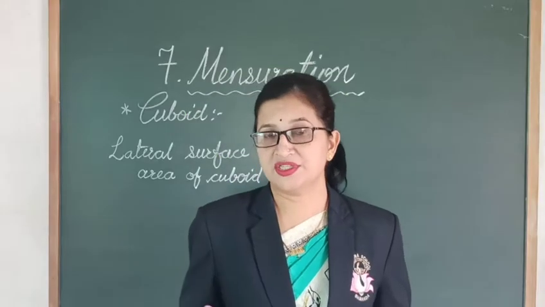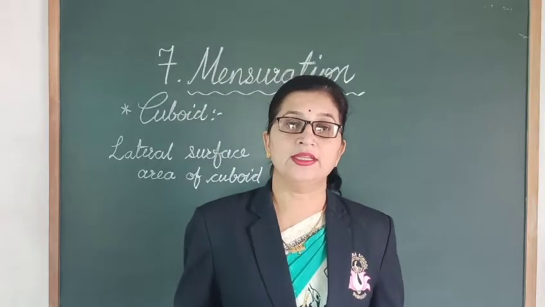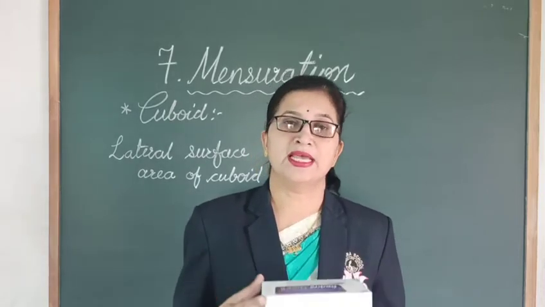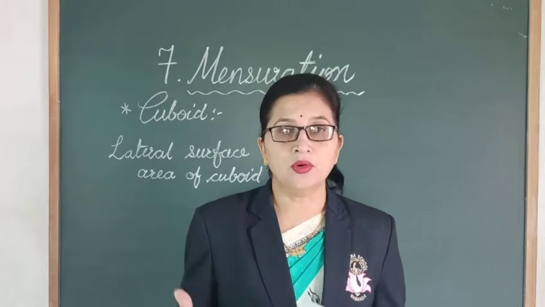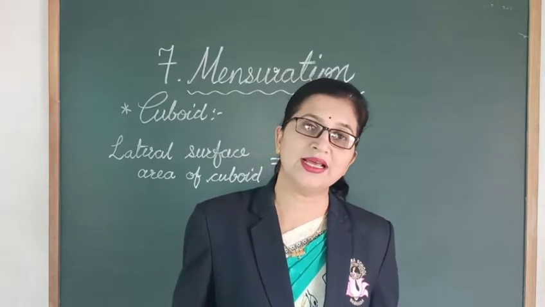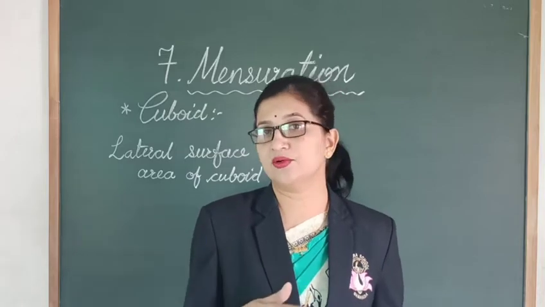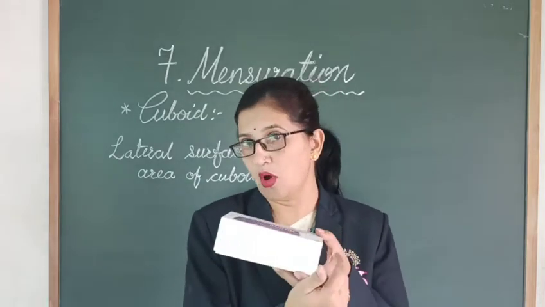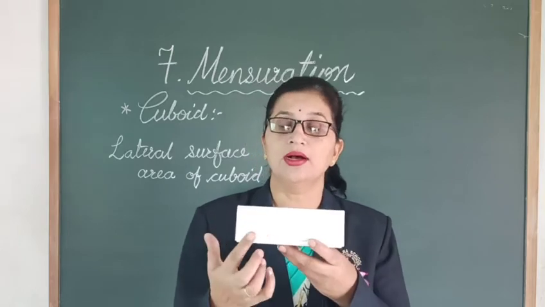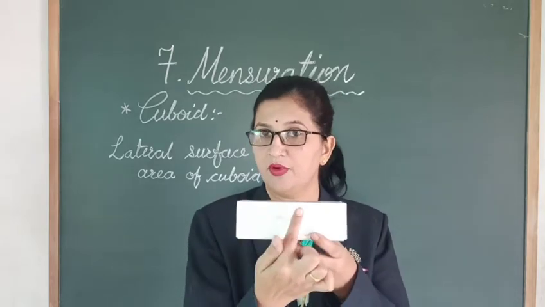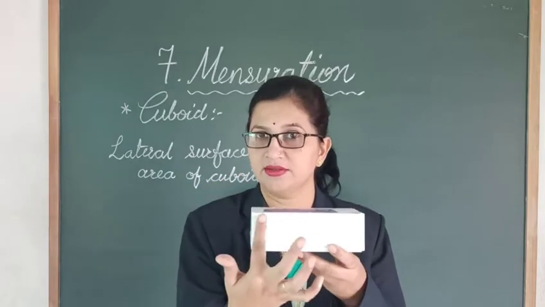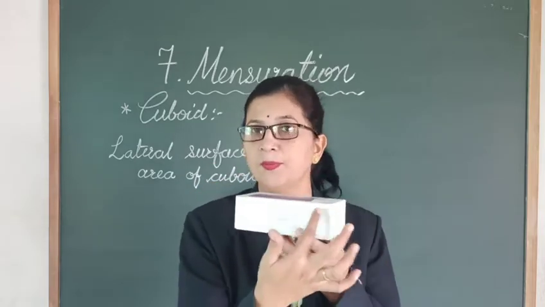Now in some questions we require only the lateral surface area. For example, to color the room, which is a cuboid in shape. As we want to color it, we are coloring only its 4 walls. So in that case, we should know the surface area of these 4 walls. Suppose this is a cuboidal room. So these 4 walls we have to paint.